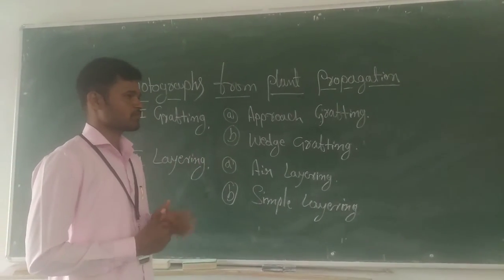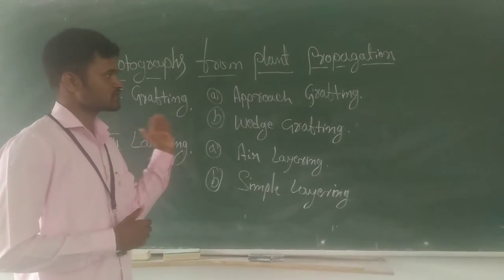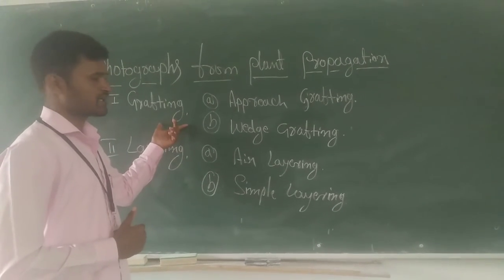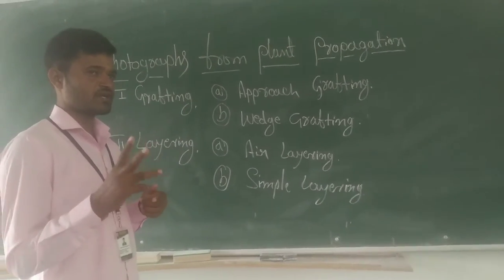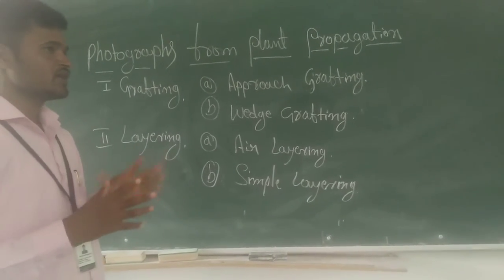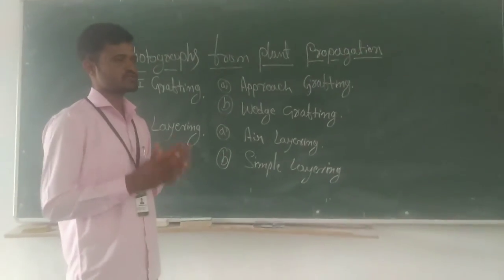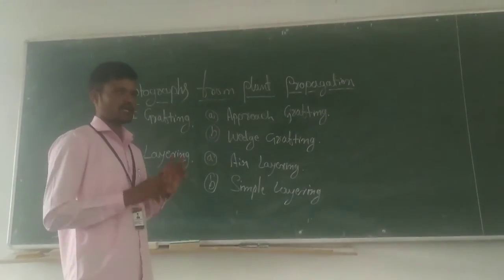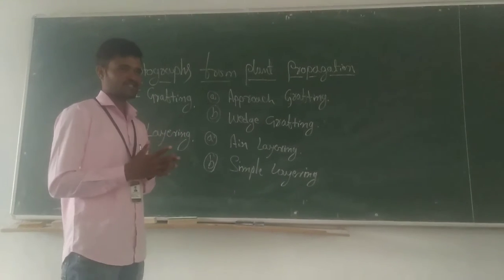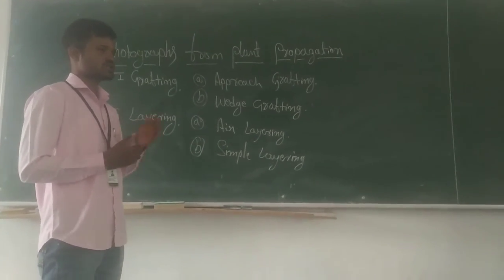Another plant propagation method is grafting. As we already know, grafting is one of the plant propagation methods. In this technique, two different plants, using two different parts, are attached to each other to develop into a new individual. The two different plants are of similar species or the same family. These types of plants are used in grafting methods.